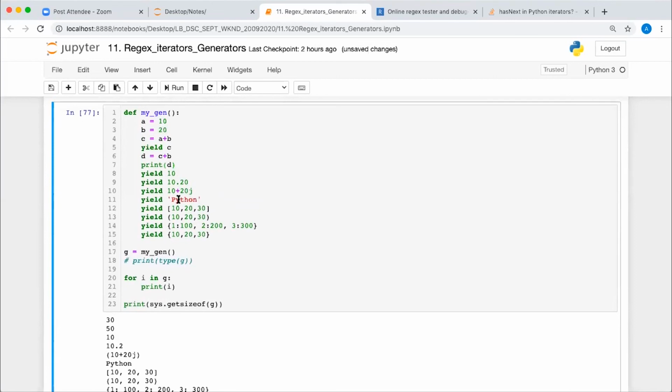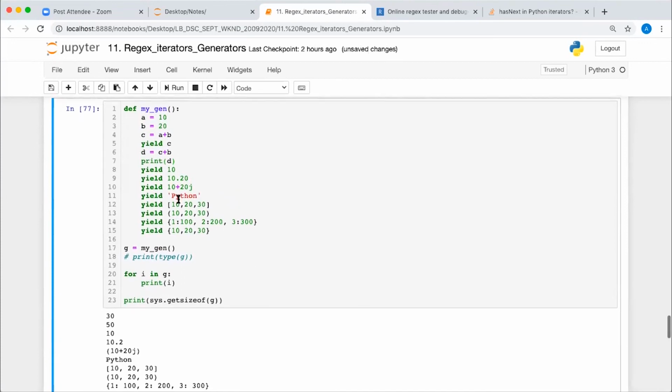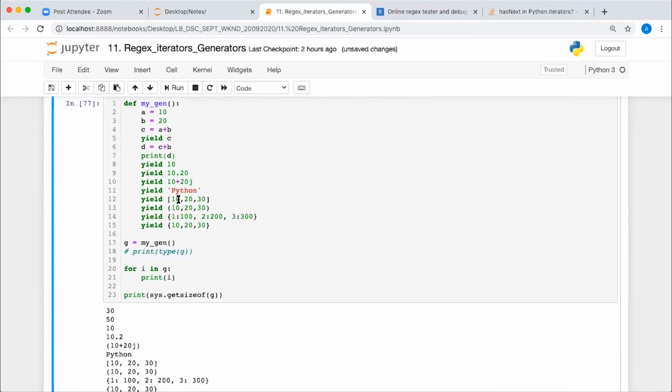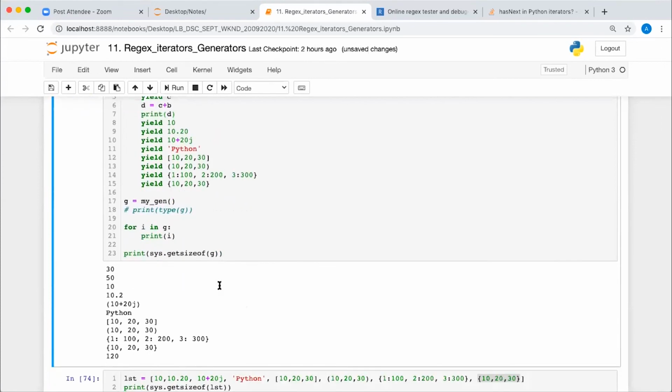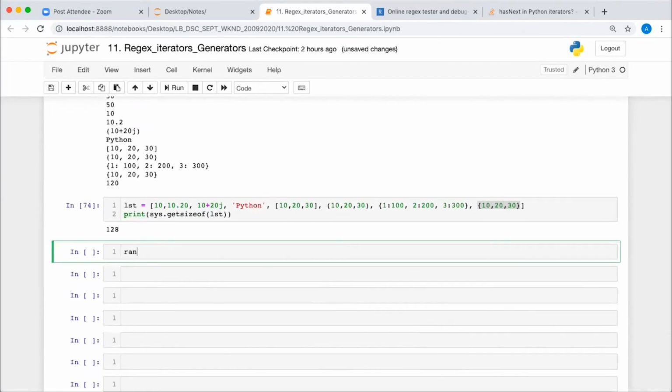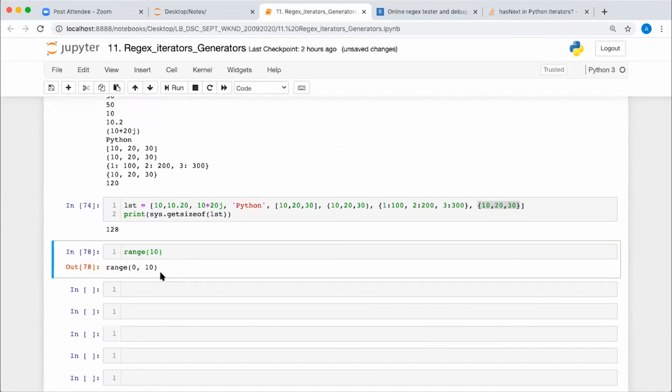And Abhishek, generally in a normal sequence, we can access the elements using indexing and slicing. Do we have that functionality in generators? No, it does not. See, range is also like a generator. If you write range 10, it creates a generator object internally.